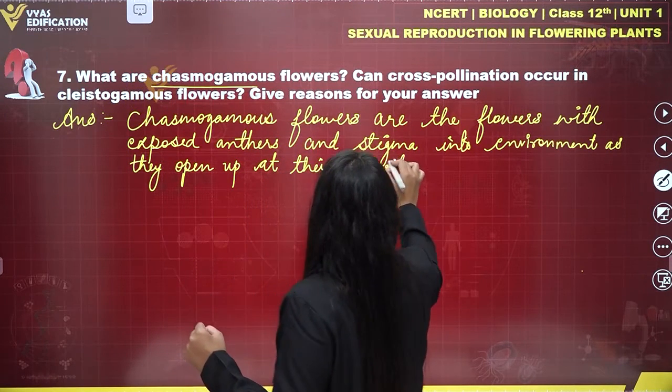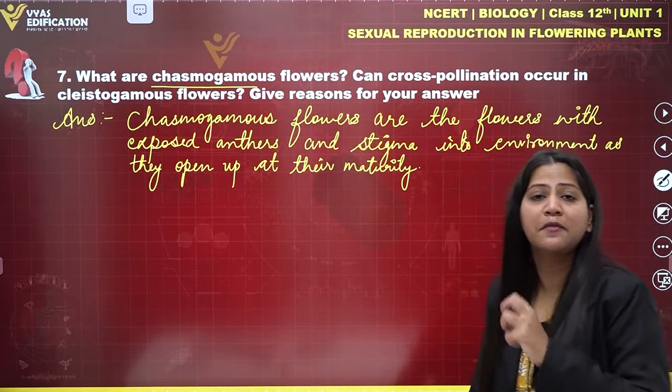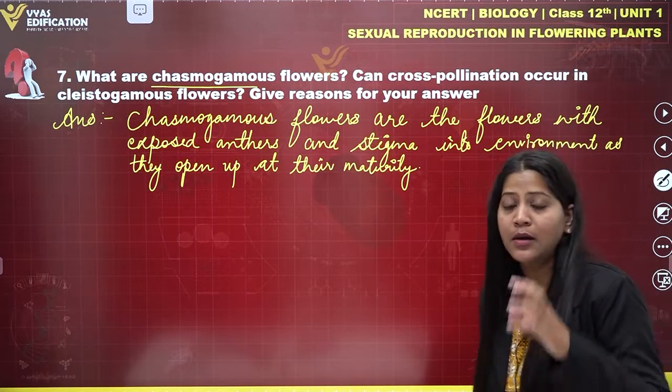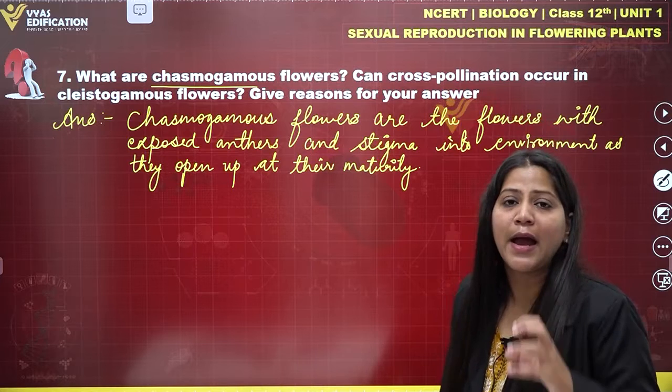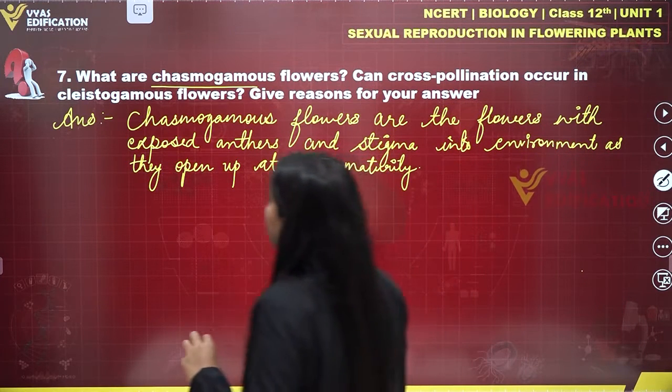So chasmogamous flowers are the flowers which have exposed anthers and stigma in the environment at their maturity, whereas